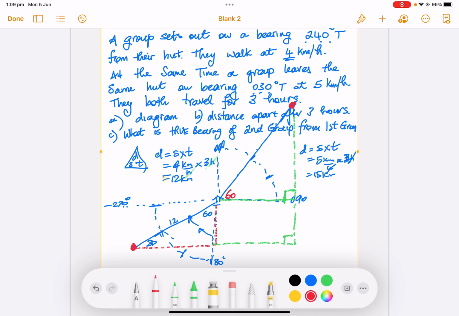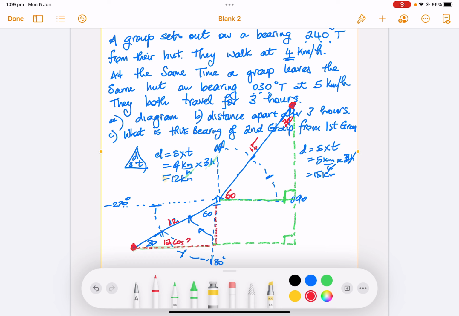This is 60. That's 30. So that's 12. That's 15. All right, so let's go across the X, the red here. This distance here. So we're going to have, this is 12